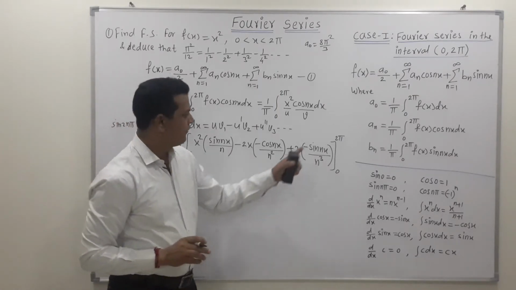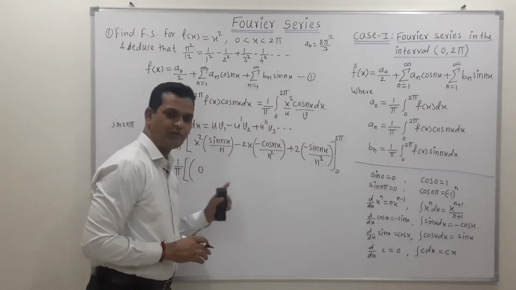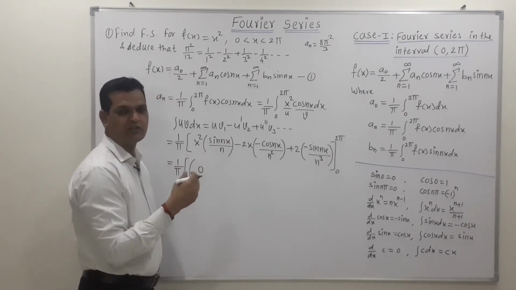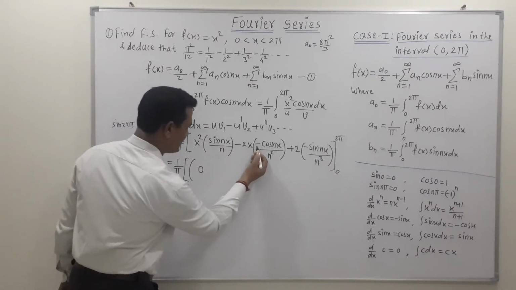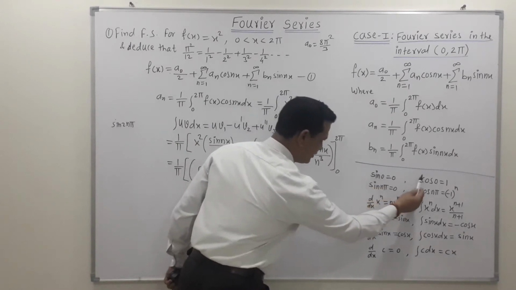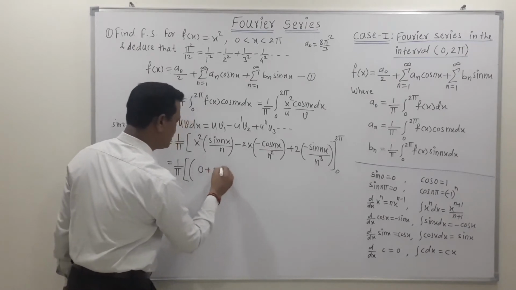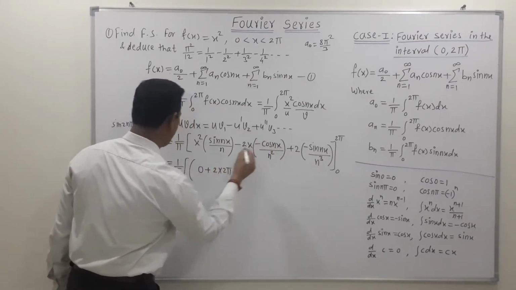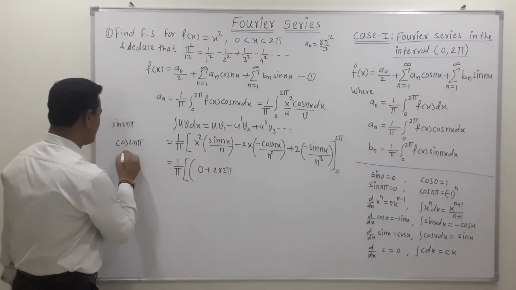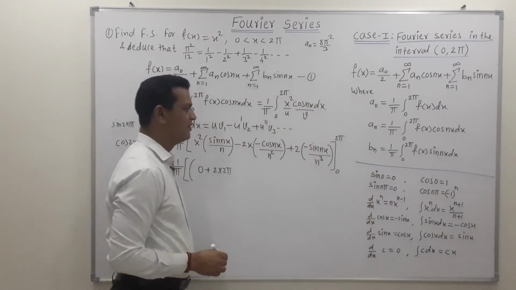So once again I will repeat, when we put the value of upper limit and lower limit, concentrate on this value, don't put the actual value, write the substitution. So this first term is 0. When we put the value of upper limit, concentrate on sine and cos terms. So this is 0. Then this is minus minus plus, so this is plus. Friends, here the sine term is 0, cos is not 0. So that's why put the value here. If we put the value here, then we get this as 2 into 2 pi, then cos of 2n pi. The value of cos of 2n pi is 1, because this power is even and even power value is 1.